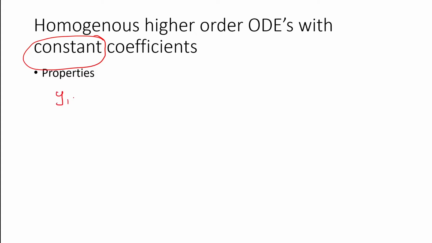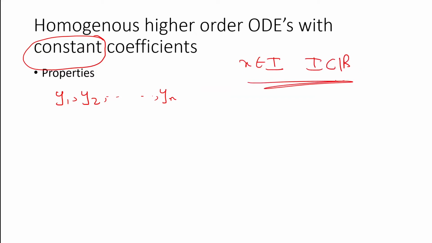Then the second property which we will be looking into is the property of linear independence. So again, if we found n, okay, let's not say that they are solutions. Let's say we have some n arbitrary functions, and these functions are with respect to x. So they are all defined under x itself. x is defined in integers. Integers is a subset of the real set. So this has to be kept in mind. It's always defined in this manner.